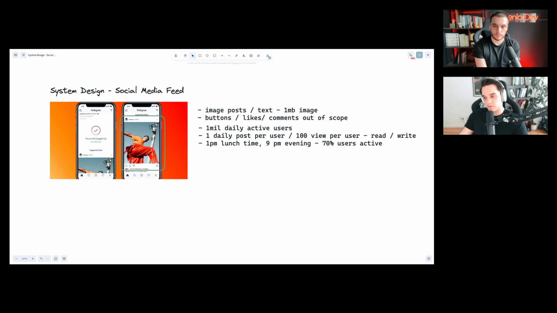In the evening, so 70% active of the 1 million daily active users. That's around 700,000. I'm going to add it here, 700,000 peak time. Okay, now if they are active at 9 p.m. in the evening, 700,000 of them, and they consume around 100 posts,